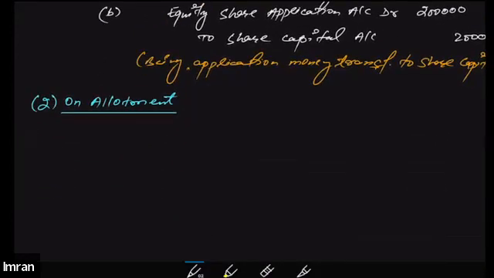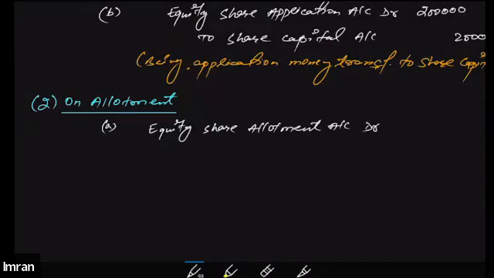So this time the journal entry will be equity share allotment account debit to